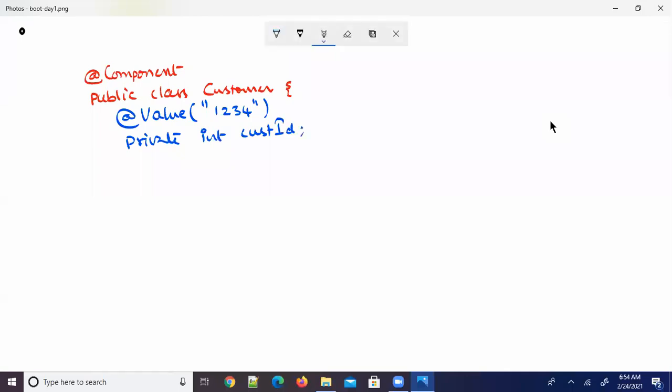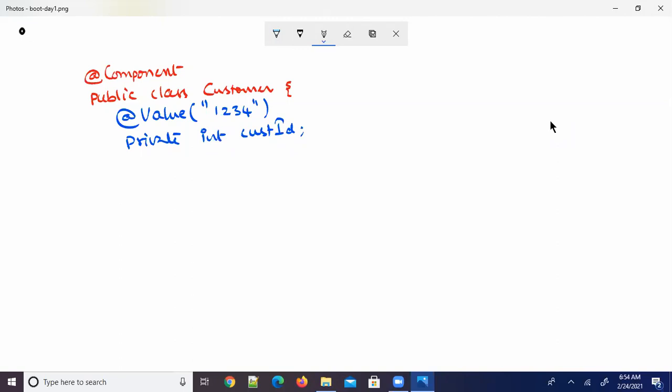So this annotation value will take care of the typecasting, the conversion, otherwise we can say the wrapping. You don't need to worry about that. So this value annotation injects this value to this customer ID. What's the value it is injecting? 1, 2, 3, 4.